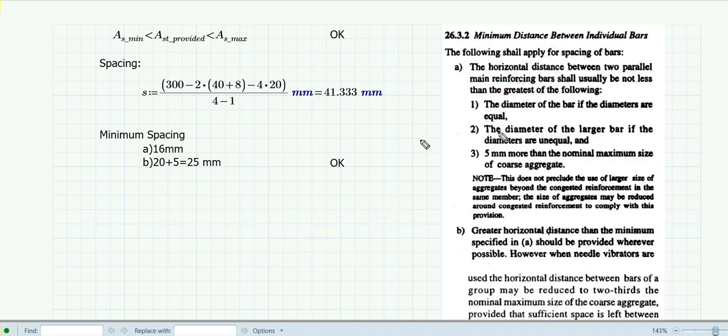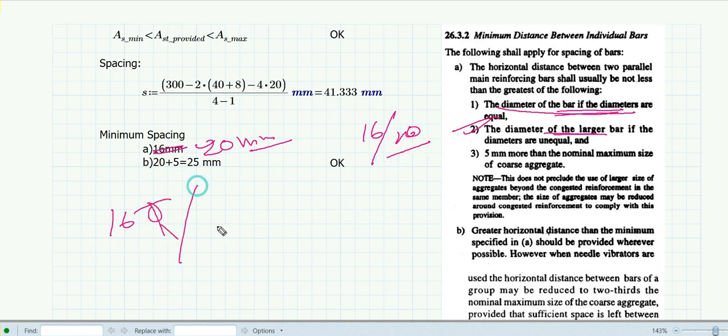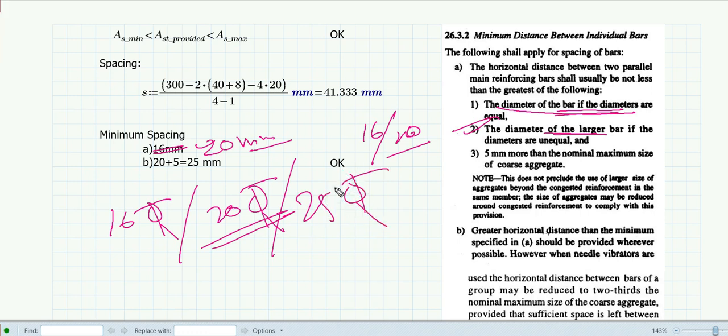From this you can see that all the bars are of the same diameter. So we have the diameter of the bar, that is 16, sorry, it should be 20 mm. This condition is not relevant for us because all the bar diameters are the same. Suppose you have 16 mm bars as well as 20 mm bars, Fe 500 TMT bars. In that case you should take 20. Or suppose we also have 25 mm bars; in that case we take 25, the maximum bar diameter.